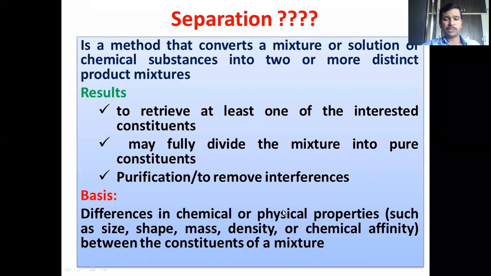And these physical properties of the analyte will be varying from one component to another component which are present in the mixture. So if we have the better knowledge about the size of the molecule or size of the component which is present in the mixture, or what is the mass of individual component present in the mixture, or what is the chemical affinity, some components will be polar, some components will be non-polar, some components will be having larger molecular mass, and some molecules will be having smaller molecular masses. So based on this knowledge, we can use a suitable analytical technique, suitable separation technique for the separation of all those chemical compounds. So this is going to be the basis when we employ a separation technique for the separation process.